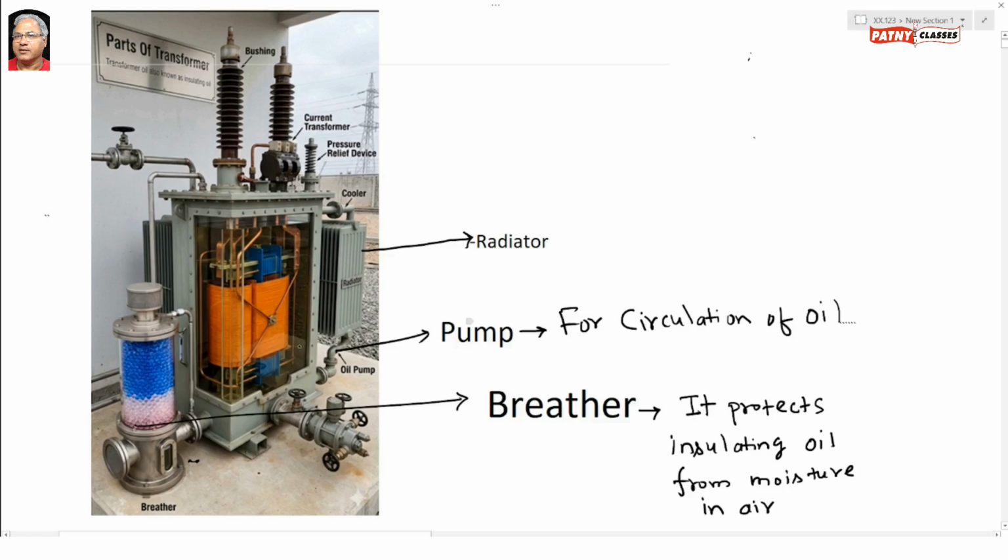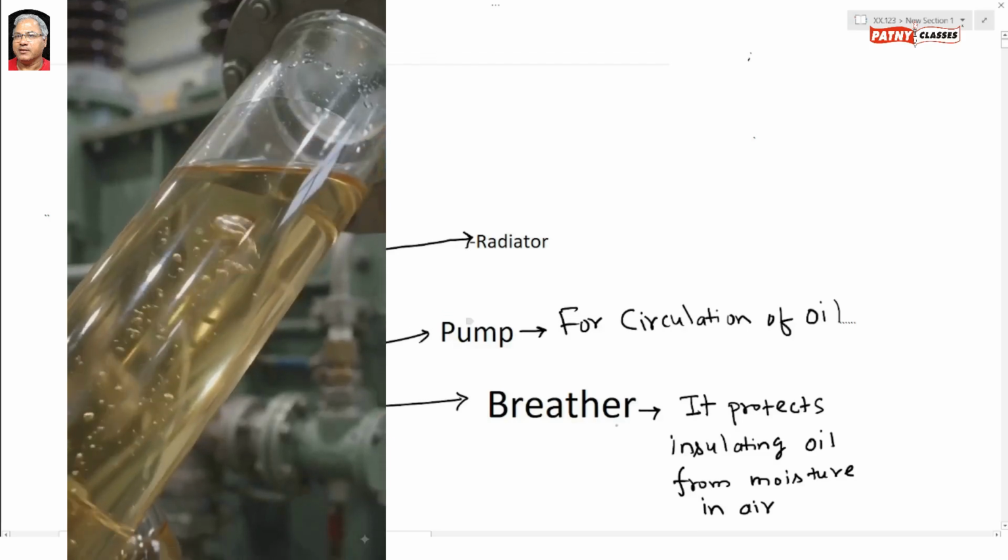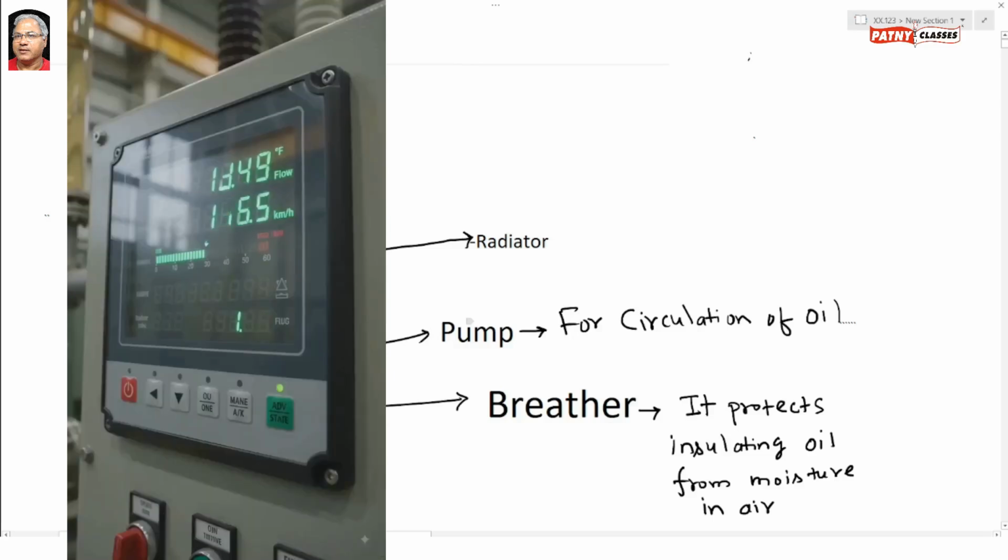To remove this hot air and to bring fresh air into the transformer, we use the breather. So what is the breather doing? The breather is protecting the insulating oil from moisture in the air. It is controlling the temperature of the oil,